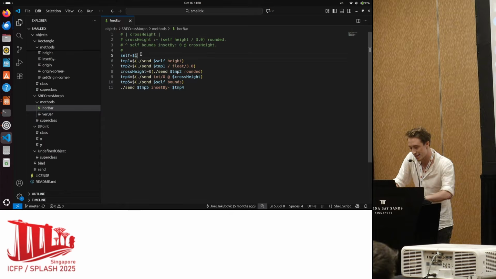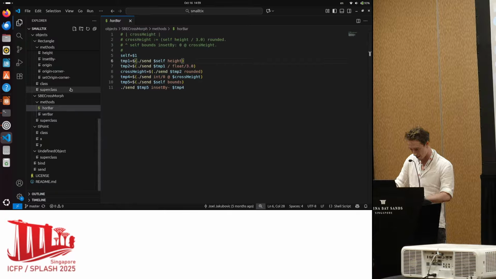by hand into bash. So the intermediate sub-expressions had to get folded into these temporary variables, which is a bit ugly. But you can think of this as like a bytecode or a compilation target. And translating this meant I had to make some design decisions, like, okay, the first argument to this shell script, this method, is I'm going to pass self as the first argument. And I also had to implement a primitive send as another script, and also have a convention for tagged integers and floats, so that the thing would actually run in a finite time, before the end of the heat death of the universe.